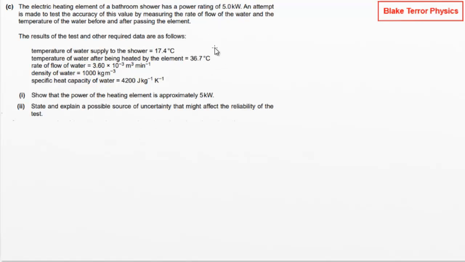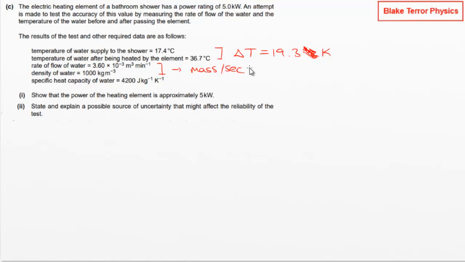So what have they given us here for information? We've got a start and end temperature. So that change in temperature here is 19.3 degrees C. Well, we can actually put that as Kelvin, because we're going to want to work in Kelvin. We've got a rate of flow of water in cubic meters per minute and then a density of water. So we're going to want to combine those to get a